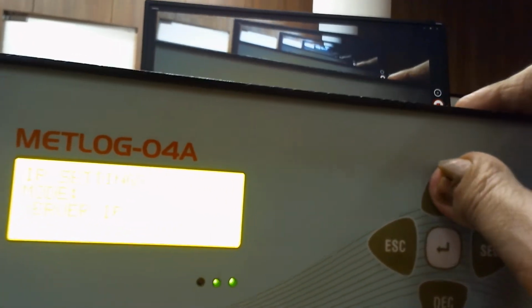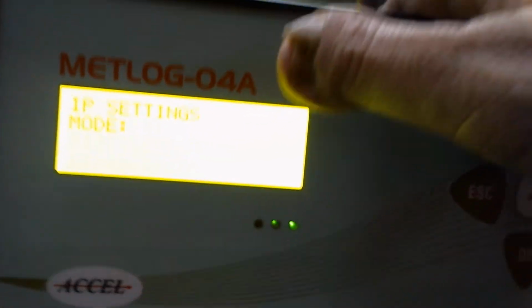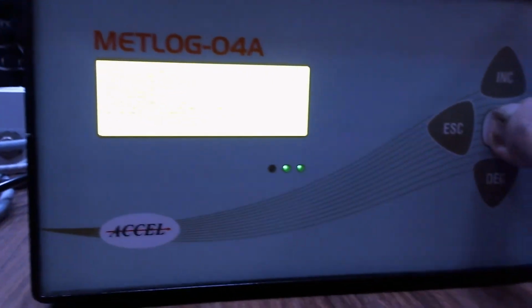Then press increment button. Next setting is digitizer IP. Digitizer means your data logger IP. So what is this data logger IP? Press enter. You will see this is your data logger or digitizer IP, which is 192.168.103.